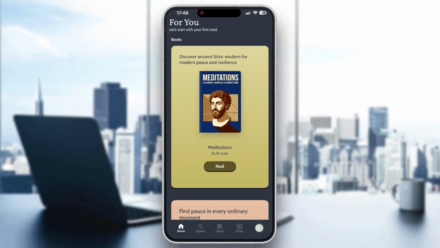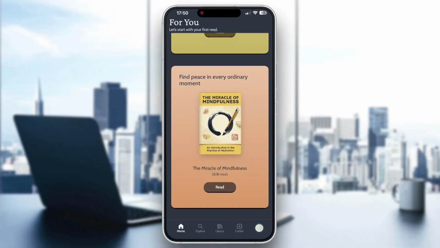So the first thing we want to do is open up the official Deepstash application if you've not already. If you do not already have it downloaded, what you want to do is open up the App Store on your mobile phone, search for Deepstash, find the application and install it. So once you've installed it and opened it up, this is going to be the home page you're greeted by,